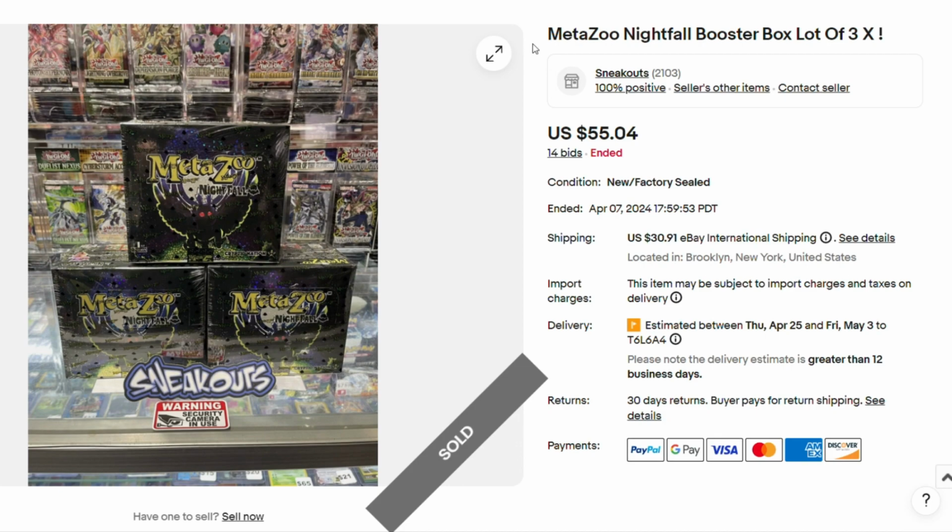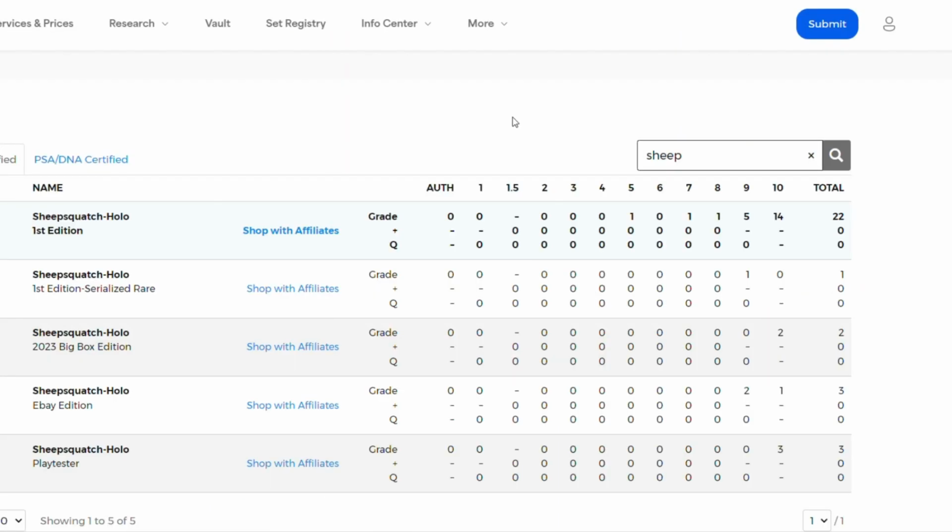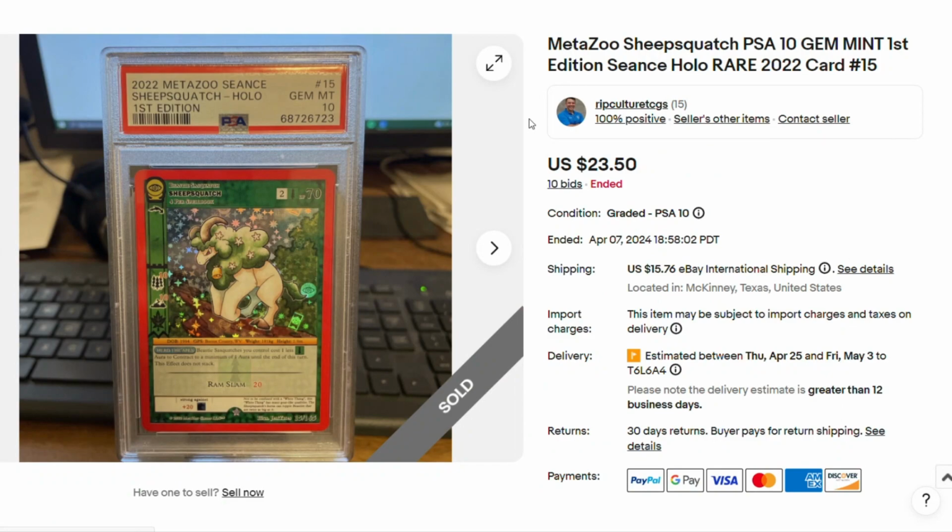3 Nightfall booster boxes. Like, this is a lot of fun to open. For $55, that's insane. 2 first edition booster boxes selling for $163.50. And to add a little context, once again with the PSA population report, has a PSA 10 population report of only 14 PSA 10s. So consider the population report so low for this, I'd say that was a good deal,